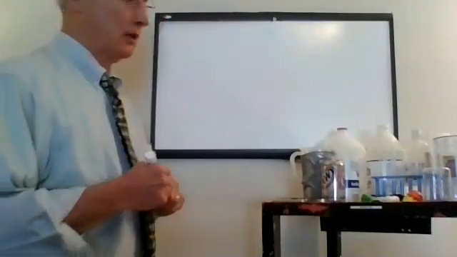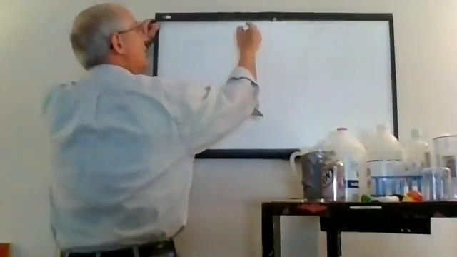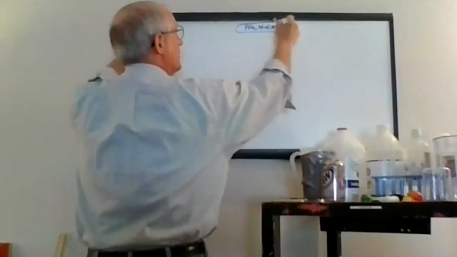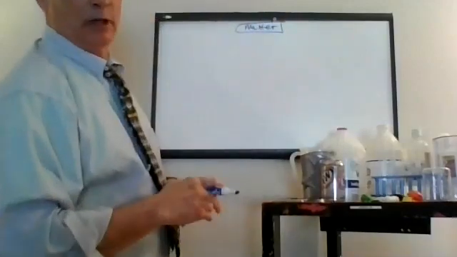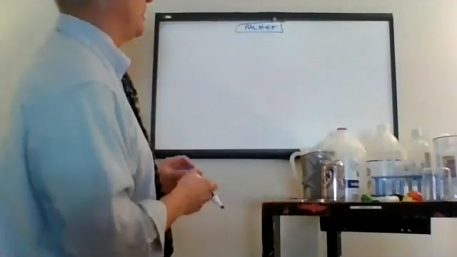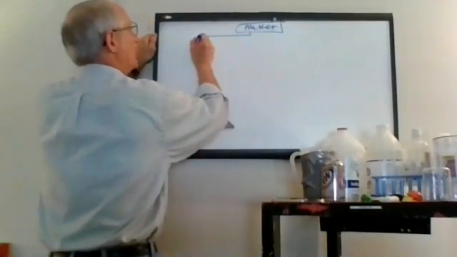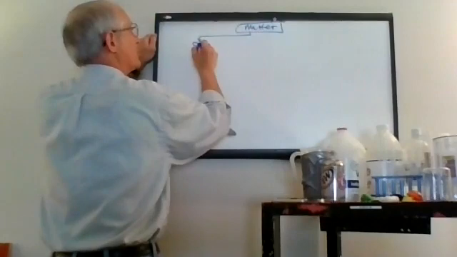What we learned was about pure substances. We learned that matter is anything that has mass and volume. Anything that has mass and takes up space. That's the definition. Matter can either be pure substances,